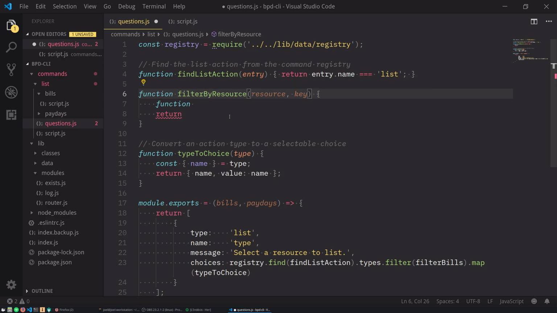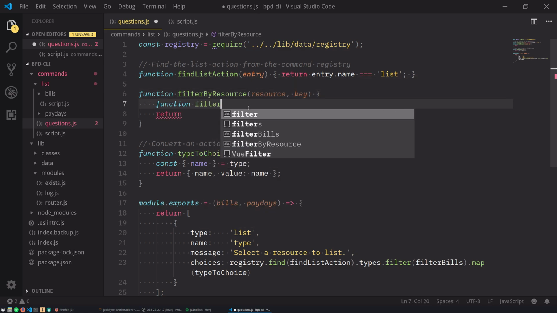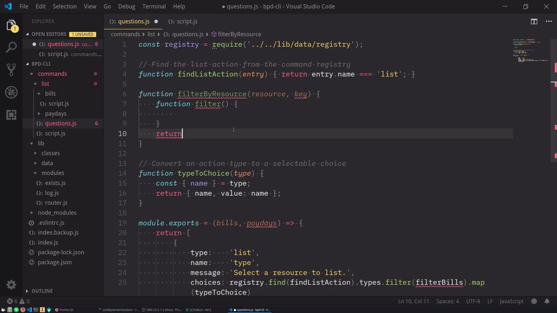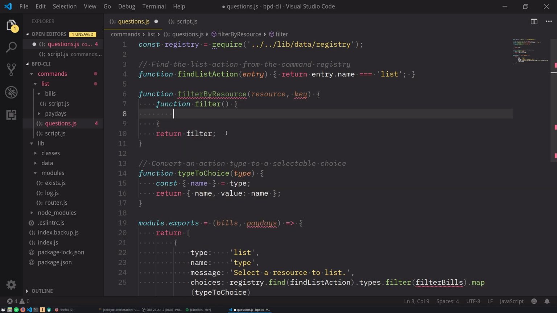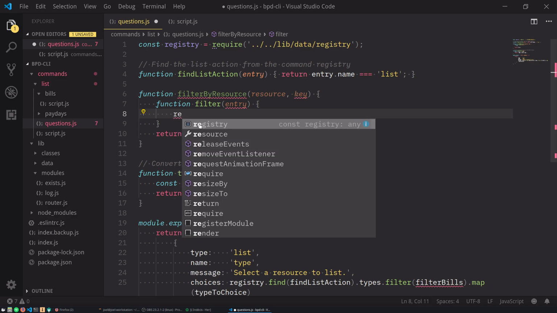Filter by resource, and we just have a filter command. You can return that filter command as is, and then in here we have an entry, and we only want to return that entry